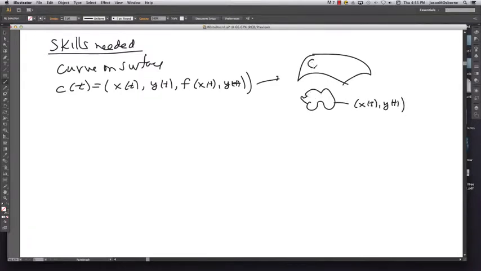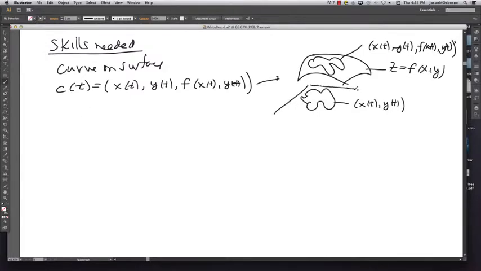The crazy thing on the surface is your x of t, y of t, f of x of t and y of t, and this was your given surface z equal to f of x and y. The nice thing about this section is we don't need anything nearly so complicated. The only curve you need in the xy plane is